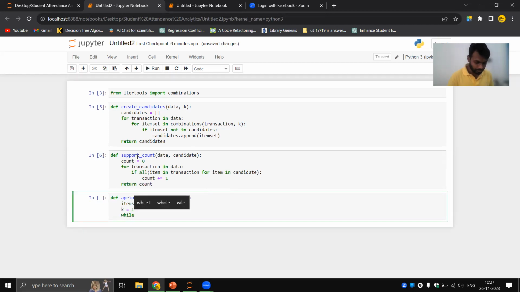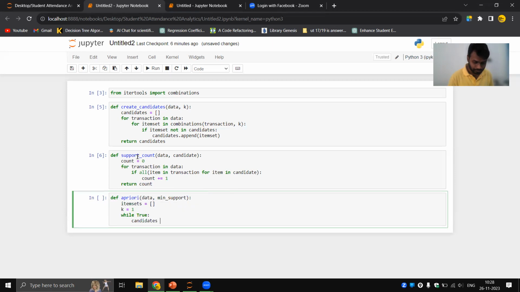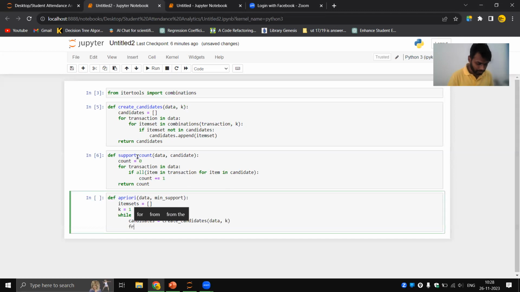And then using the while loop, while it will be true, candidates is equal to create candidates, data, comma k. Next, frequent item sets, which is equal to this thing.